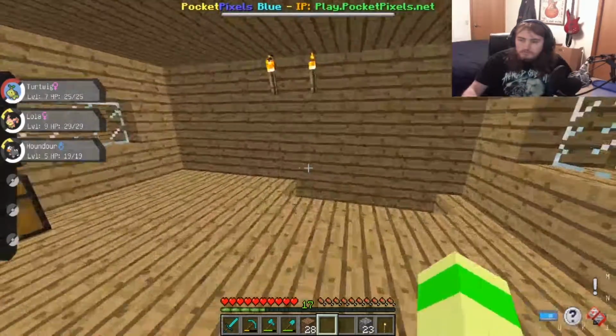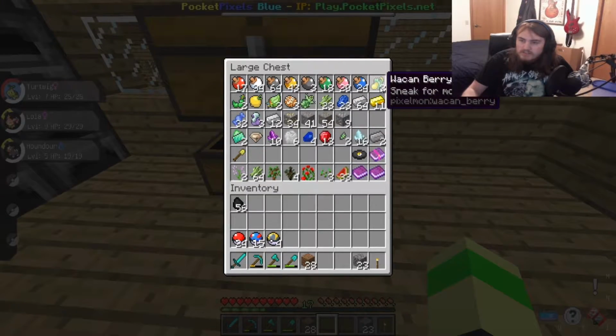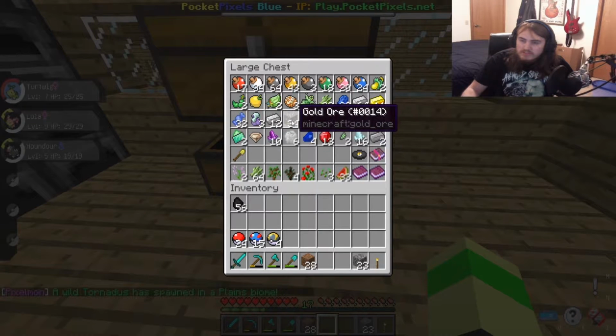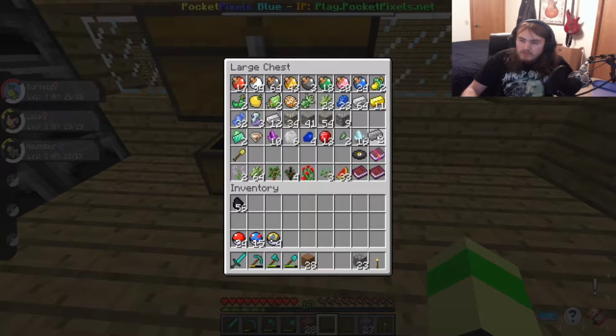So I did go mining off screen, as I said, and I got a lot of stuff. I got some Wacom berries, some iron, some gold. Some of it is not smelted, like the gold and the iron. I got some bauxite ore, almost a stack, which when you smelt it, it turns into aluminum, and we need quite a bit of aluminum to craft most things that are in the Pixelmon mod. Also got some silicon ore, got some crystals, thunderstone shards, rubies, sapphires, amethyst, you know, kind of all that,